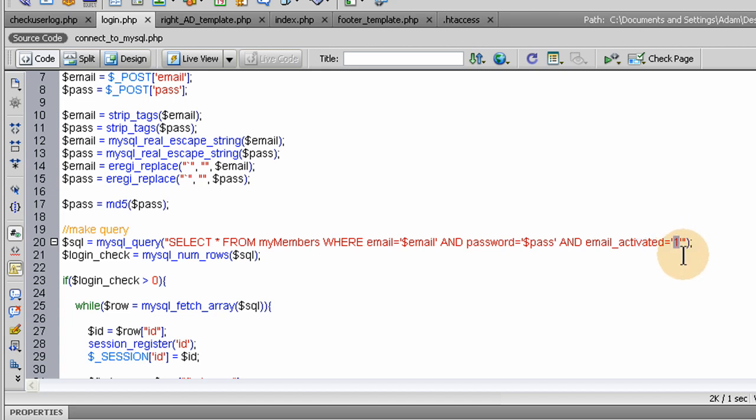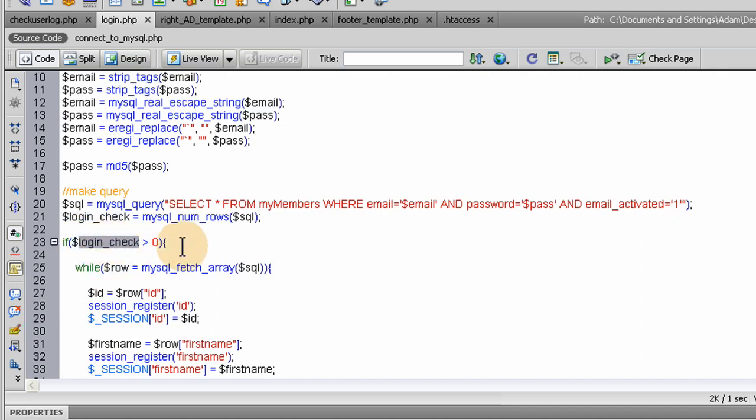And then we get the value of the number of rows that's gathered from this query, and it should be 1. That value gets packed into this variable, then we make a conditional that says if this value is greater than 0, which it should be if they're a member and they're in our database, then we run a while loop on the